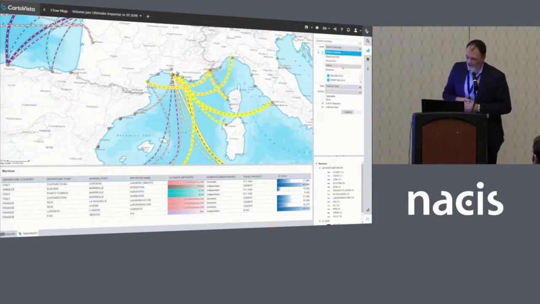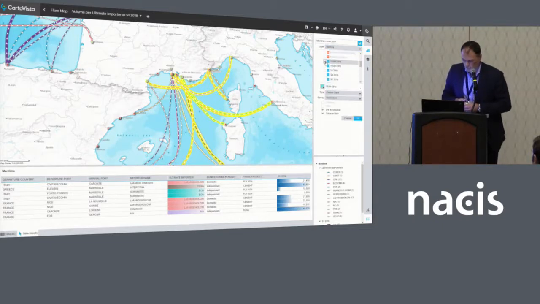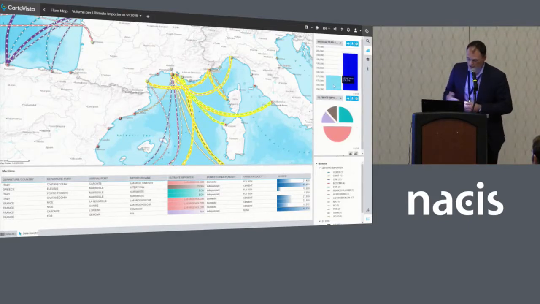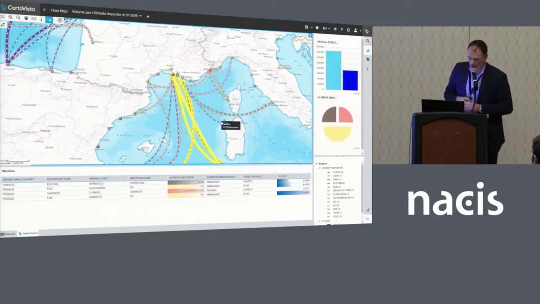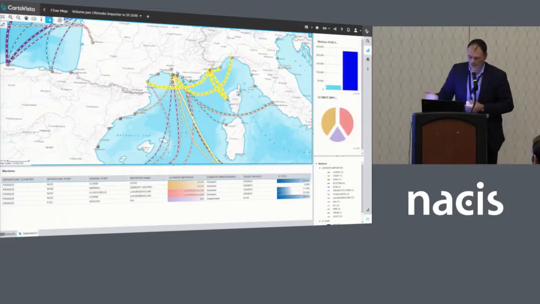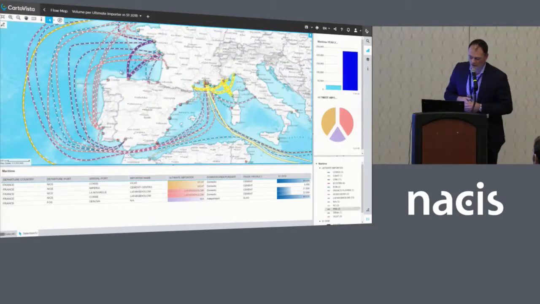In this case, let's say we want to compare 2 different years. We want to compare the imports for 2016 and 2014. I can add those. I can specify how I want to see it, as aggregated symbols, for instance. So in this case, it's going to take all the data and will aggregate it for me on the fly. Again, another very simple way. So as you can see, as I'm selecting on the map, the charts are being updated to show you the